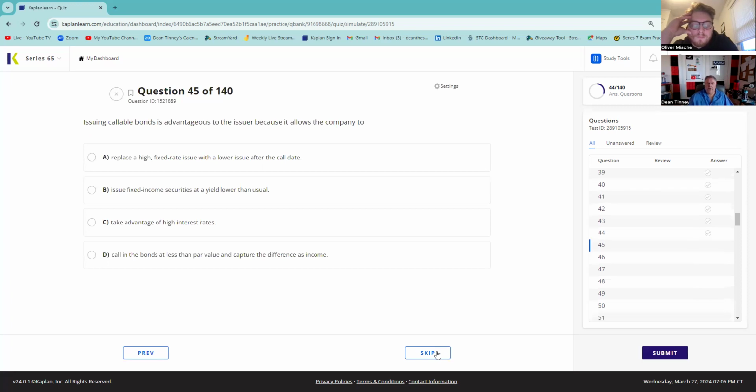Issuing callable bonds is advantageous to the issuer because it allows the company to